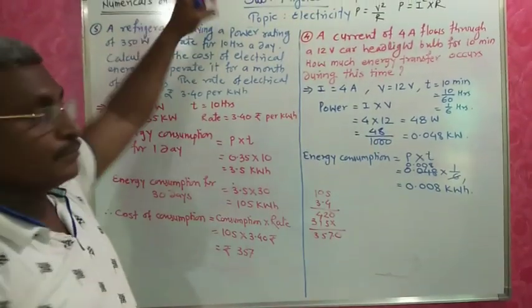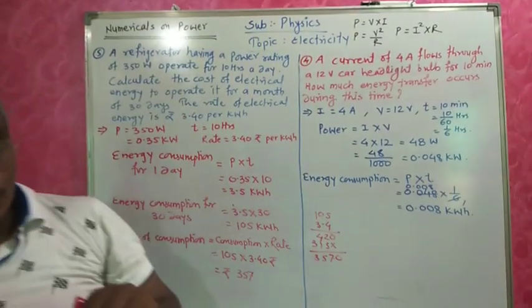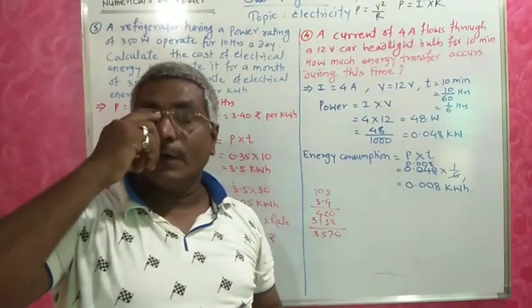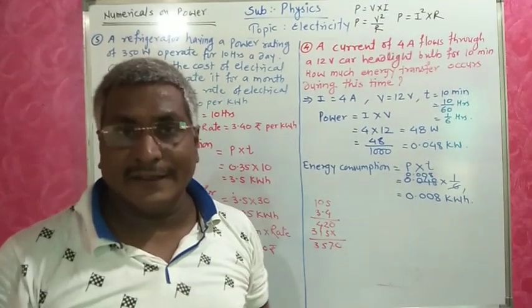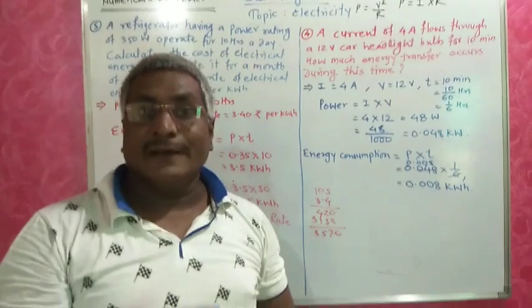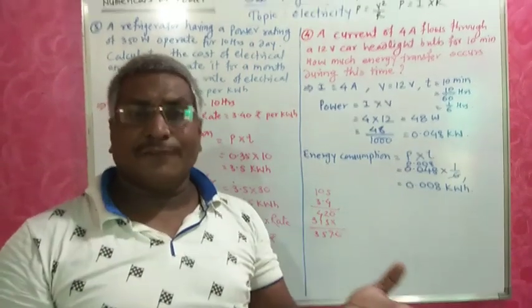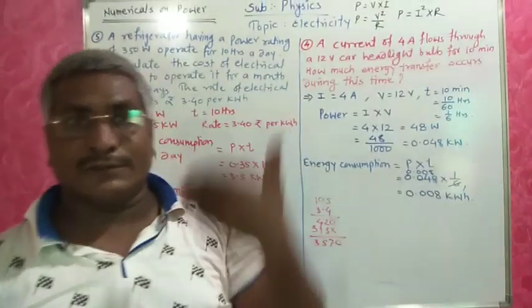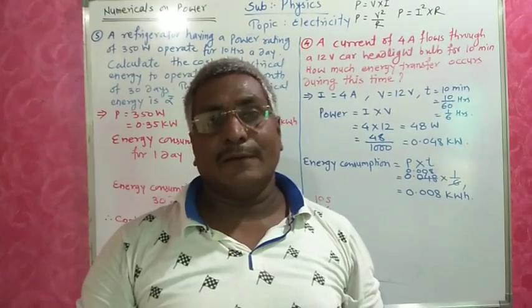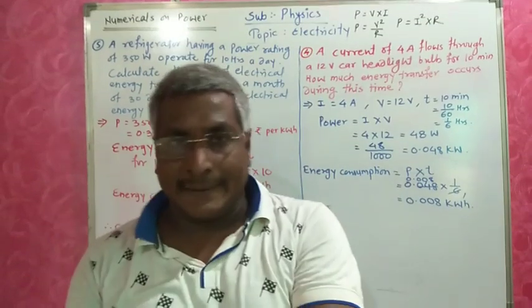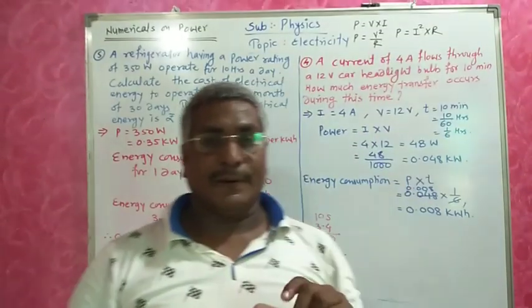So this is for one equipment that is being used in your home. Like that, fans, bulbs: how many bulbs are you using in your home? How many fans? How much time are they working? Television, refrigerator, oven, cooler. You can find out their power ratings, which are given on them. And how much time they work in your home, you can find out. Then power into time, you will get the energy consumption of that particular equipment.